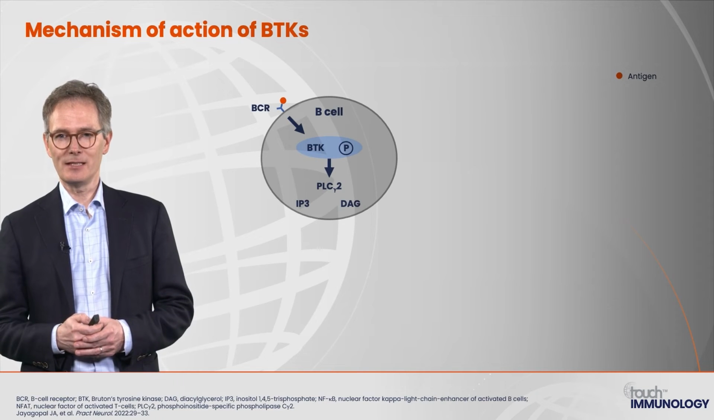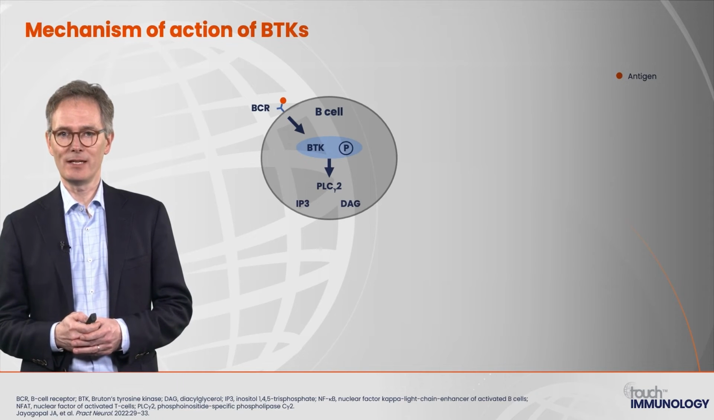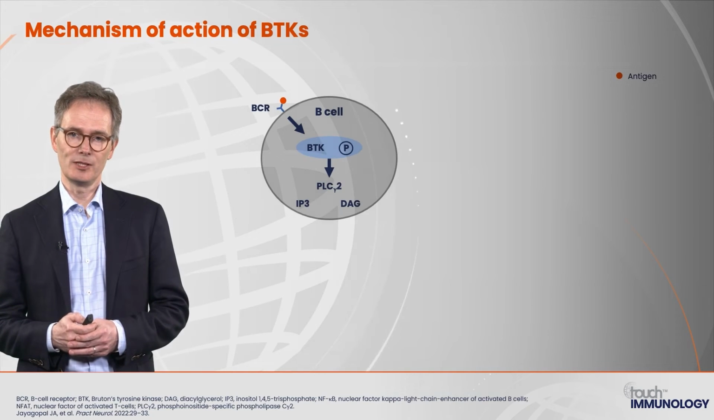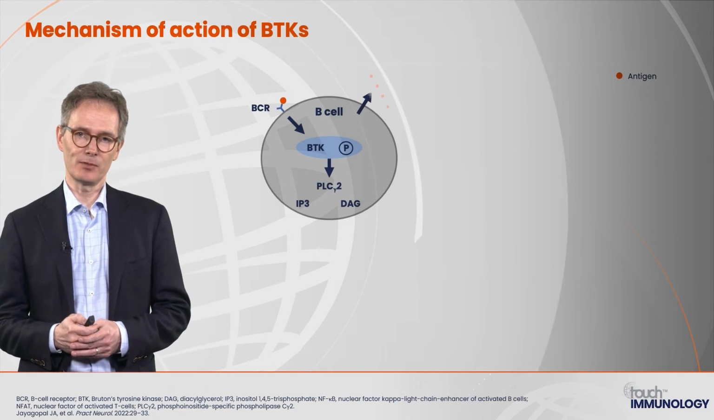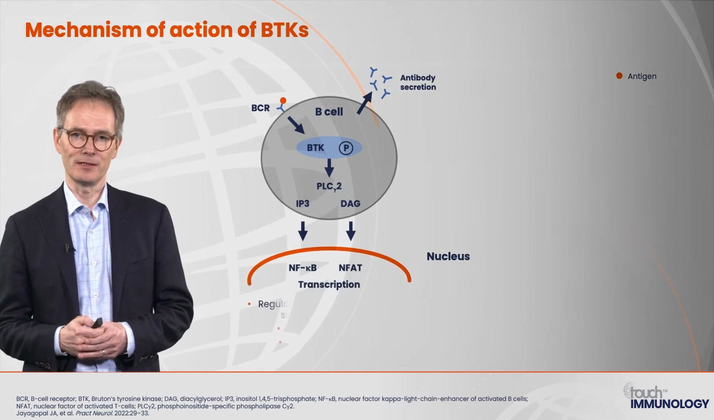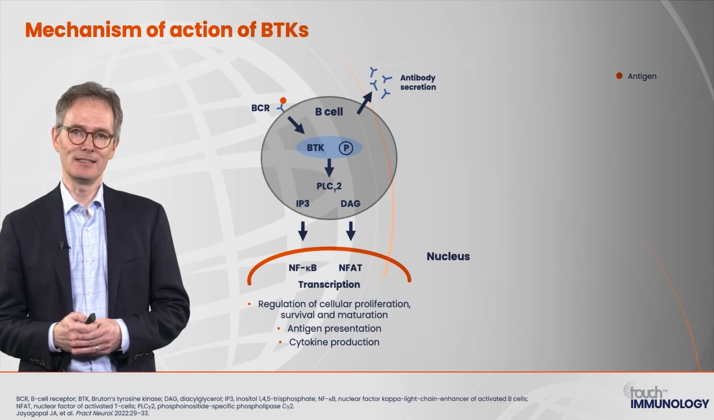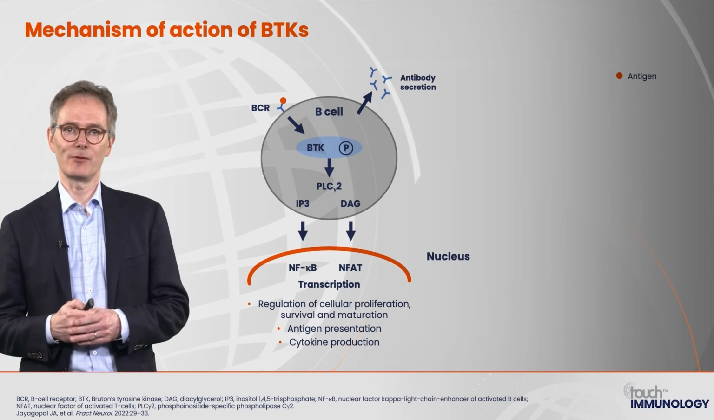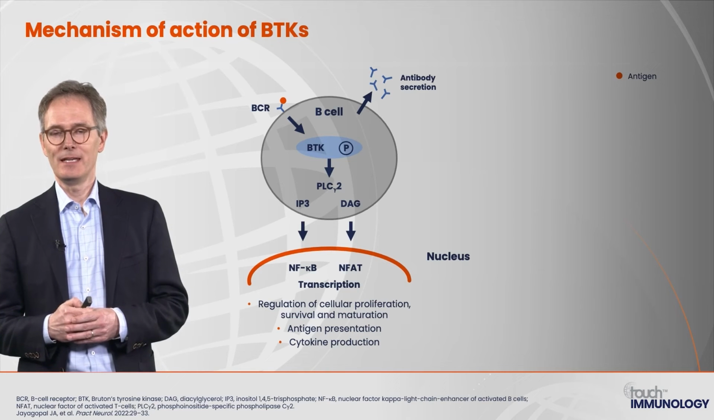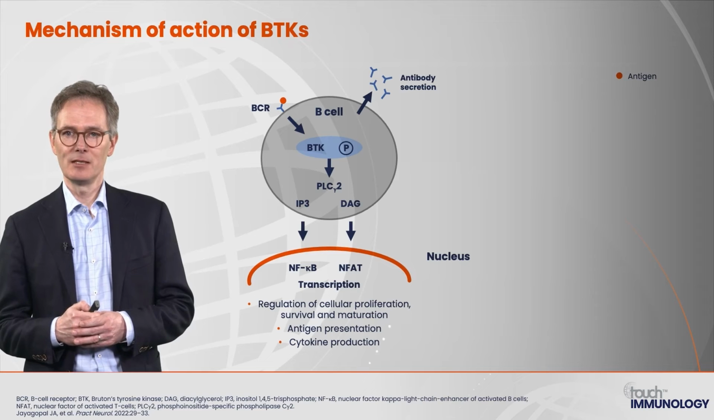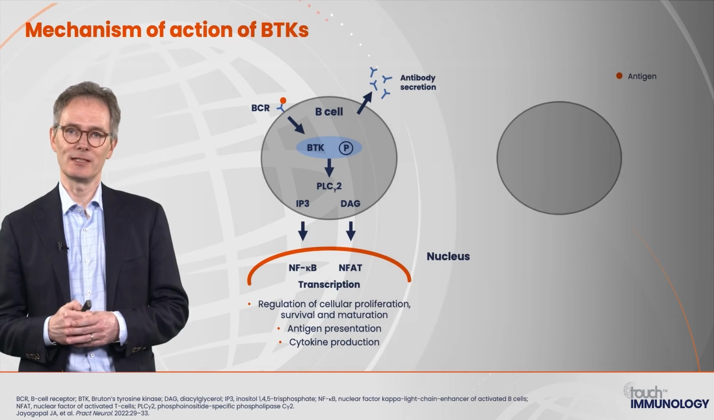And in this cascade, BTK is activated and leads to downstream activation of the B cell, which in the end leads to antibody production, maturation, cytokine production, and proliferation of the B cell. If the BTK is inhibited, these inflammatory effects are reduced in the B cells. Importantly, the BTK inhibition does not only work in B cells, but also works in myeloid cells, so in the